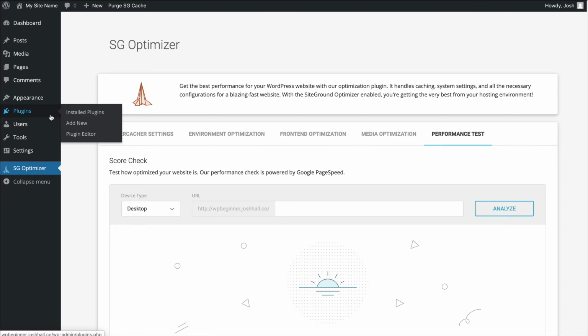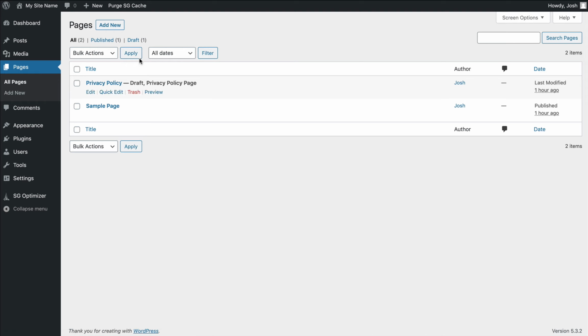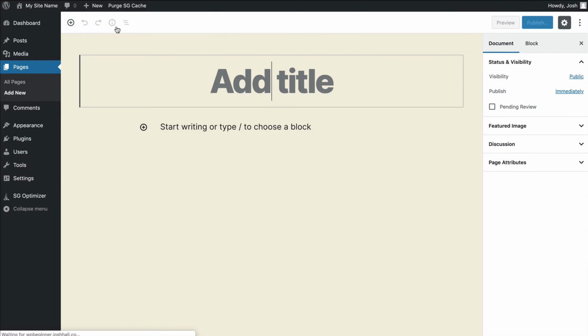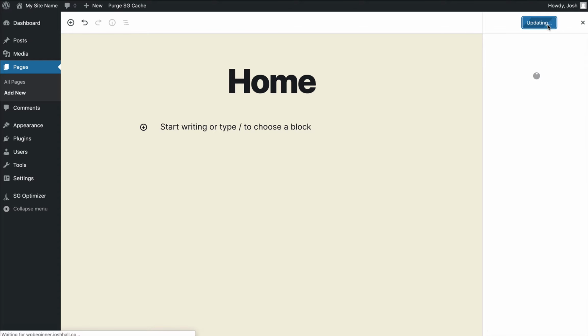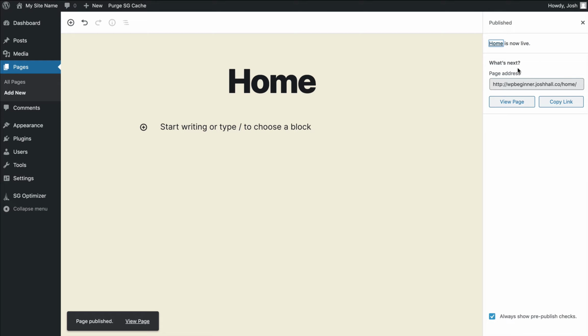This is not absolutely needed though, but I generally like to keep this on all my sites. Now, the other big one is the classic text editor for WordPress. And let me explain what I mean here. We go into pages and we do a new page. Let's call this home. At the time of recording this video, this will probably completely change by the time I publish this, but at the time of recording this, if I publish a page, it's automatically using what's called the